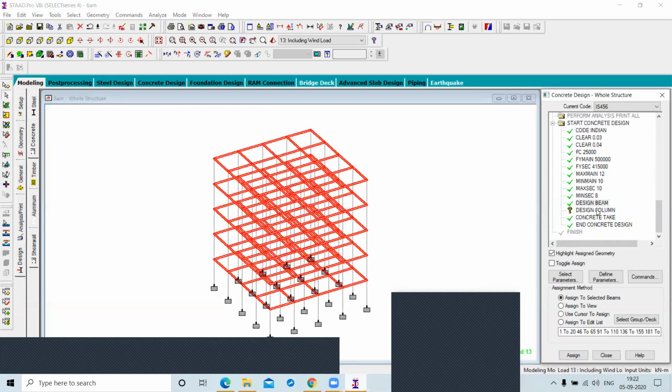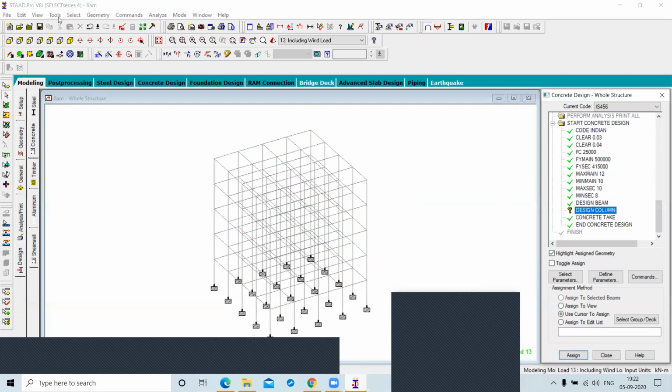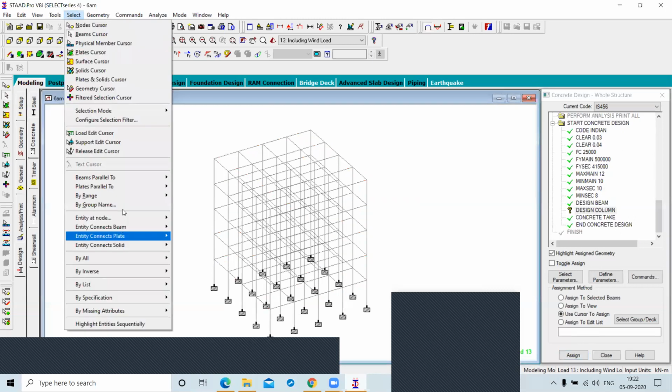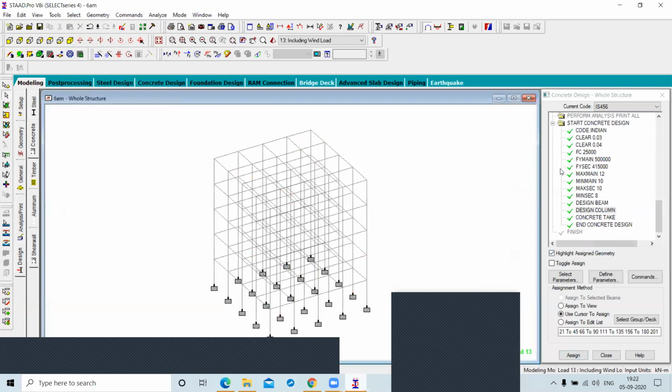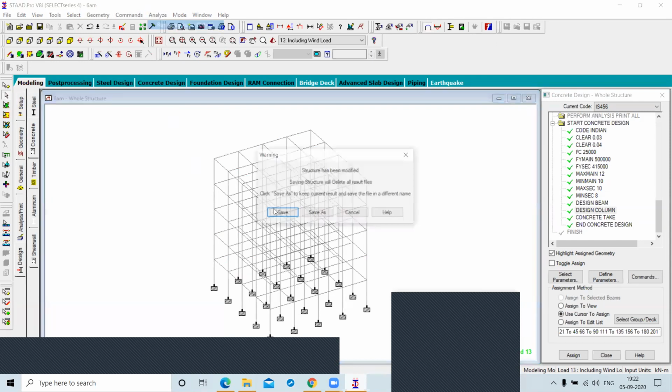And click on the design column and select parallel to Y, and click on assign. So now all the parameters are assigned. Click on analysis, run analysis. Save.